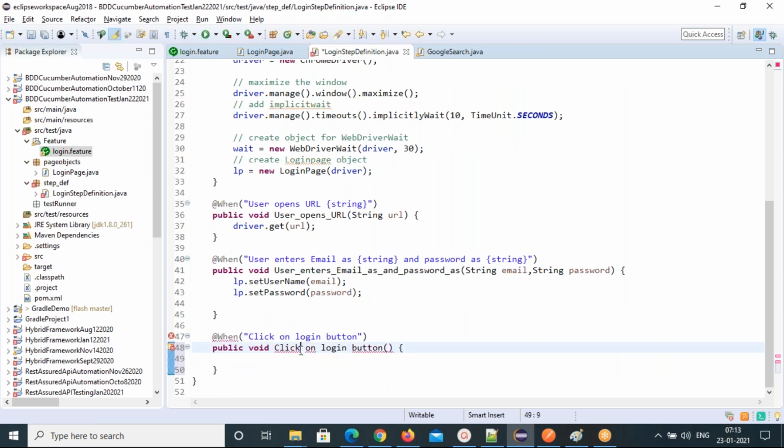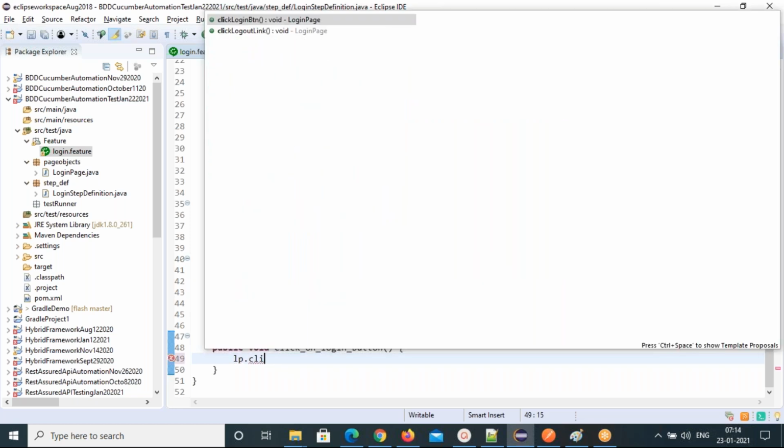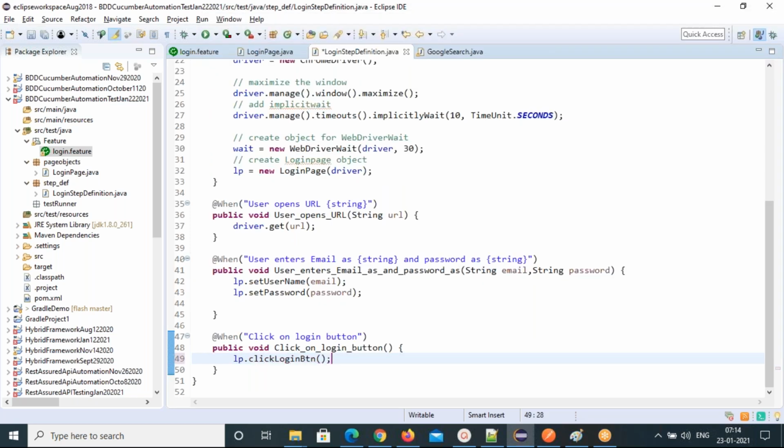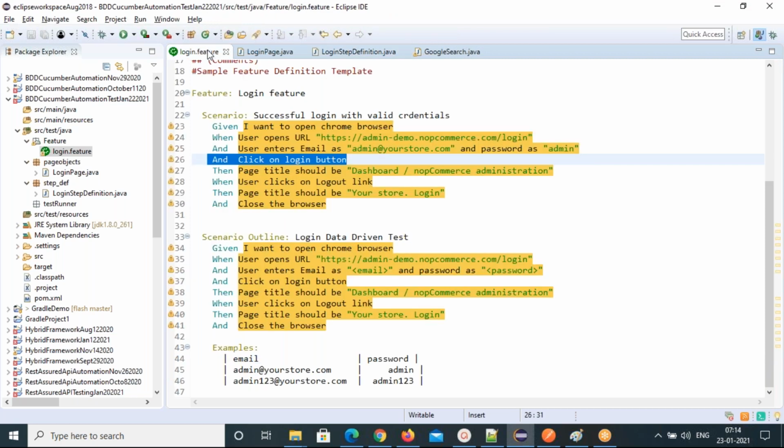So don't forget to join with underscore. Now just call lp dot click on login button. Done. Every step you are going to define here. That's what we need to do.